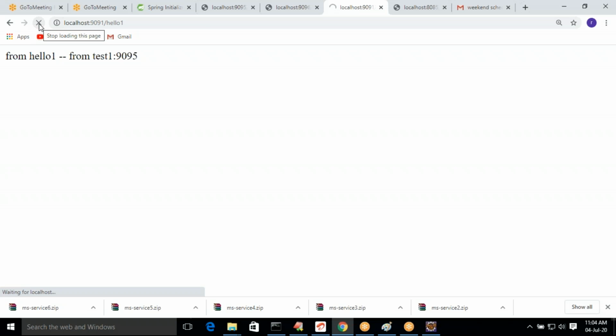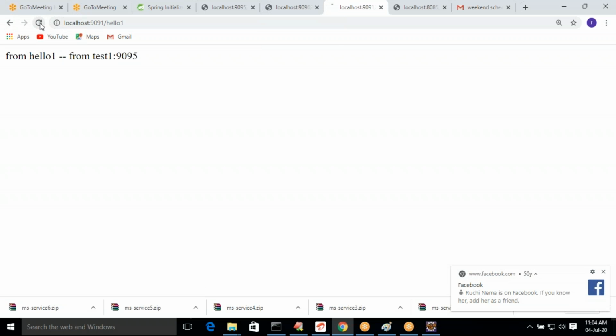Refresh. You got 95, 96, 97, 98. See 98 also considering. Now 4 instances are created to MS Service 6. That 4 instances using by ribbon for the load balancing.